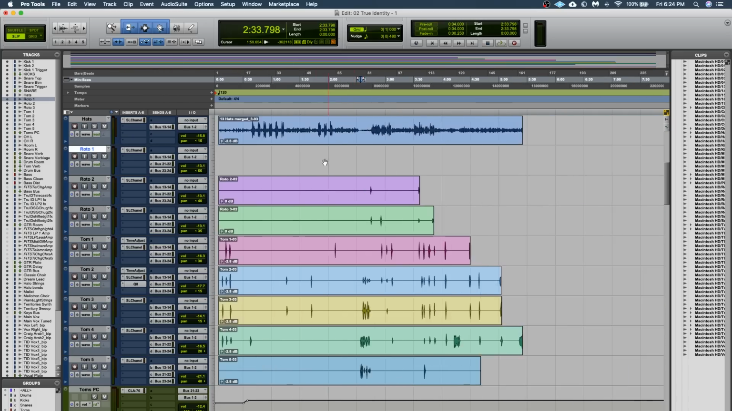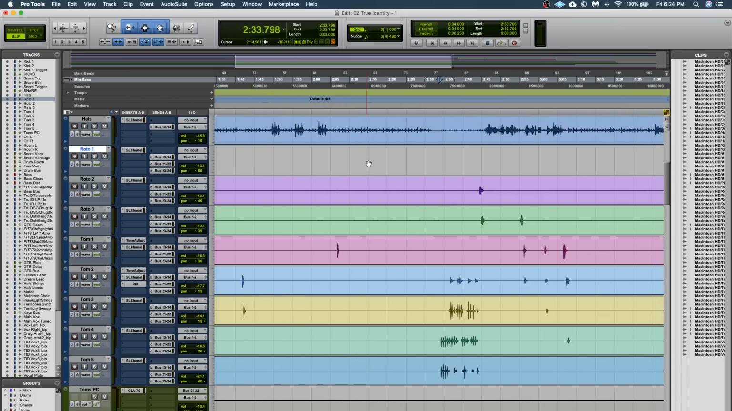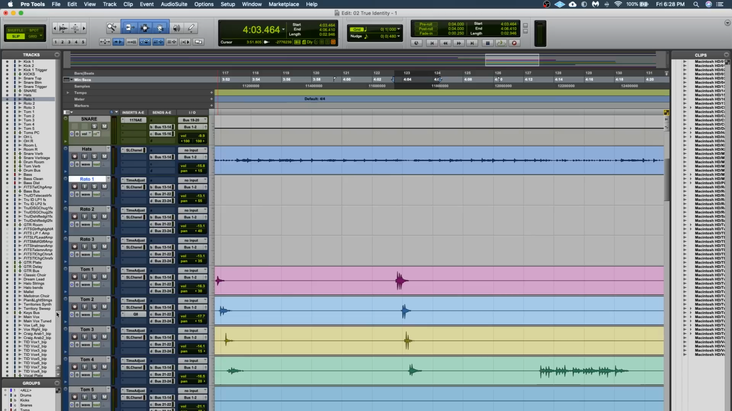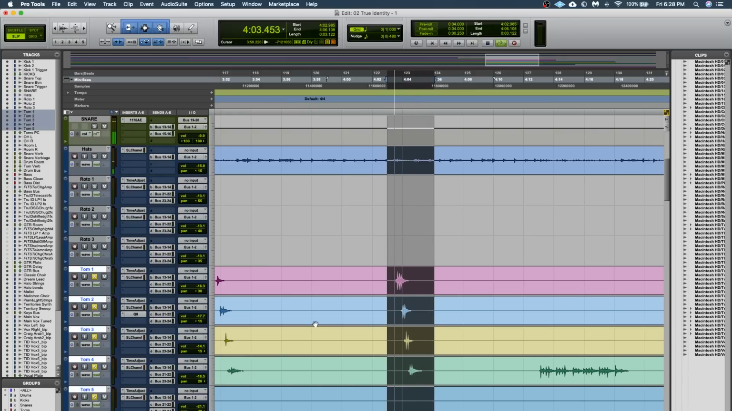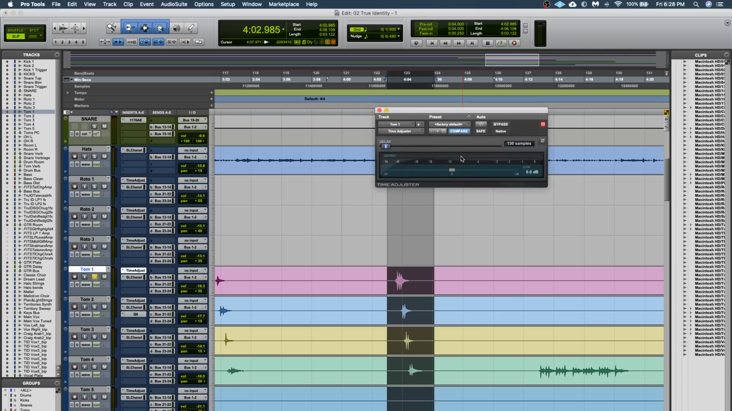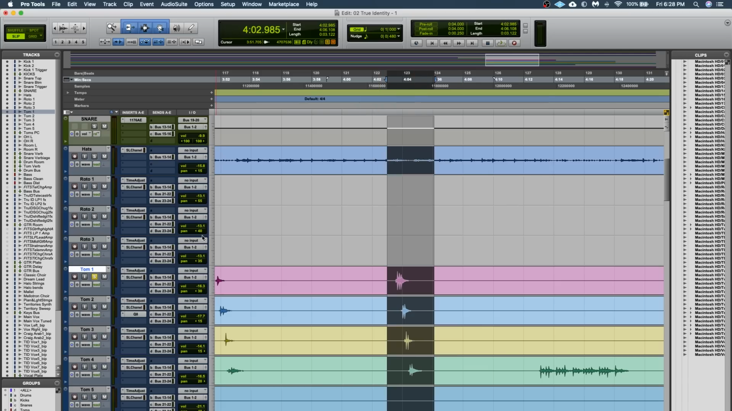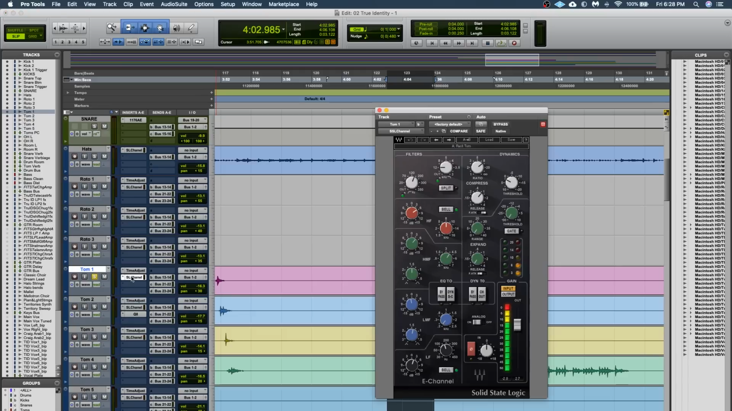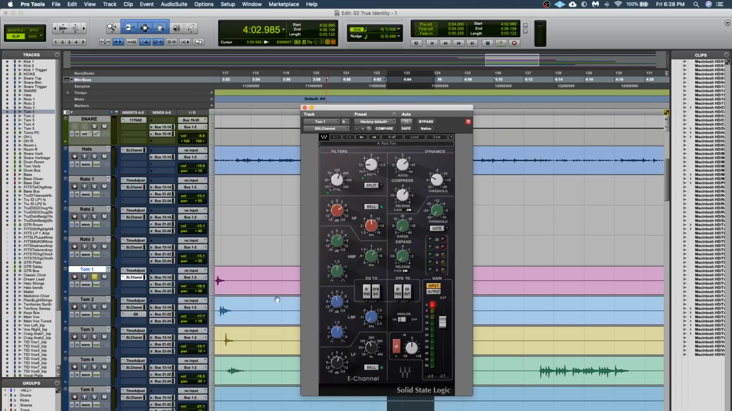And on this song, it doesn't look like Roto 1 was hit, so it's not even in there. Let's start with just the regular toms. Okay, let's look at tom 1 first. Again, I started with the time adjuster to make sure it's in time with the overheads, followed by an SSL channel strip. And that's without,